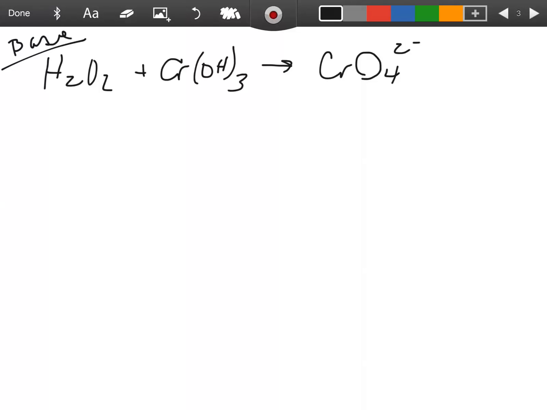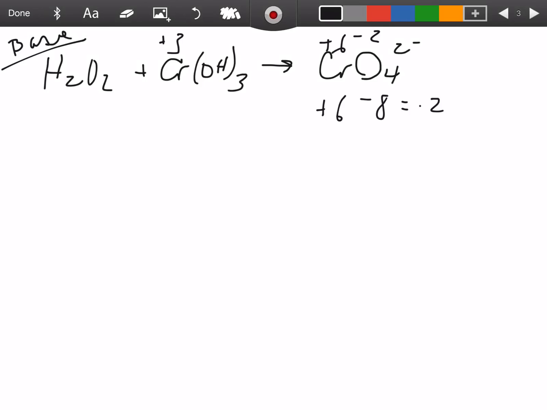This reaction looks a little bit different, but the one thing I want to do is balance this in a base. If I take a look at my charges, my oxidation states, it's pretty easy to do the chromium ones. I've got 3 hydroxides, each at a -1, so that means the chromium is a +3. In CrO4 2-, each oxygen is a -2, that's a -8, which has to equal a -2, and so therefore the chromium's a +6, right? And so I can see that the chromium's changing oxidation states, but the question is, what else